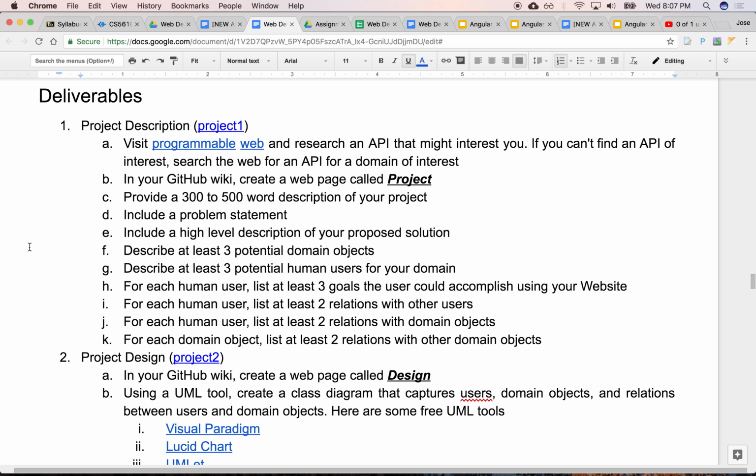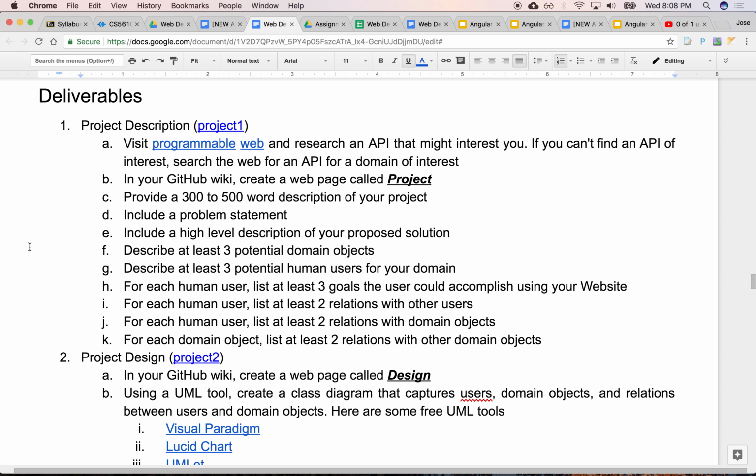Deliverables. We have created several milestones that would measure where you should be at some point throughout the project lifecycle.